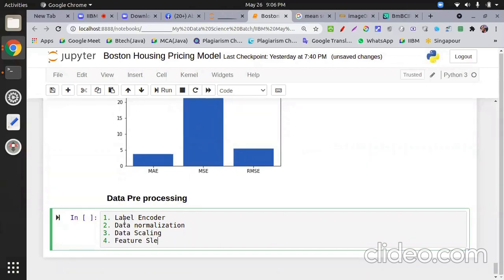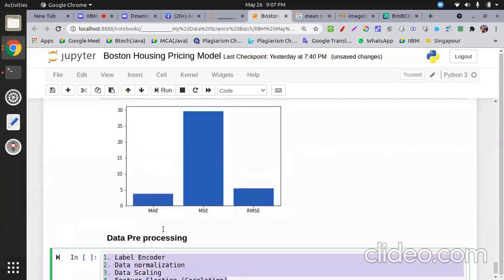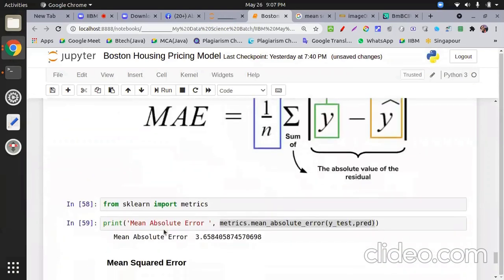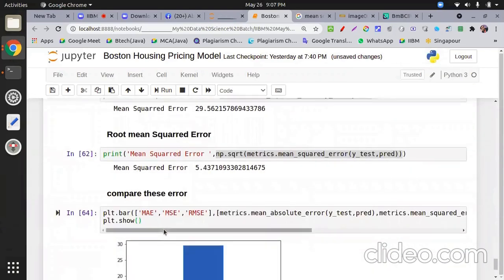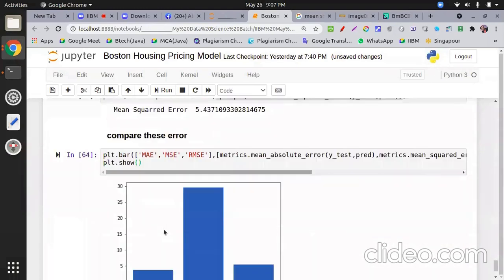Sir, what we learned from the previous graph? Like it is saying mean absolute error is less. Please wait. Feature selection using correlation. This thing is remaining, and I hope we try to implement this thing in our given model. Now your question is this. From the graph, what we are learning is that mean absolute error is less.